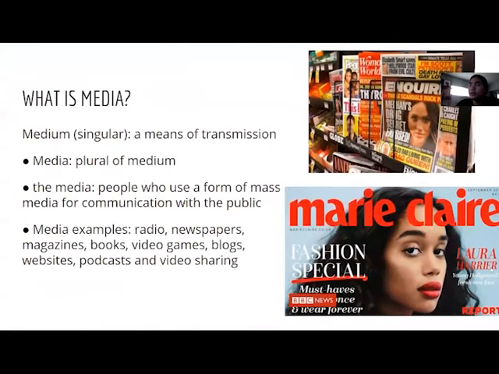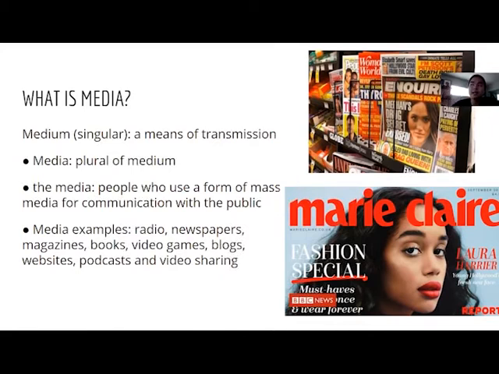The key thing, what is media? So it sounds confusing, and in your quiz, I want you to understand the differences between the different medias and the names. The very, very singular version of it is medium. A medium is a means of transmission, right? So a medium could be newspaper, magazine, a YouTube clip, a blog, a tweet, social media like an Instagram post. A medium is any way a message is sent from one place to another, right? So medium. So newspaper, magazines, tweets, text, whatever, a picture.